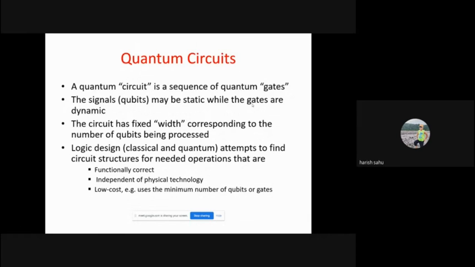Next at time t2 I can apply the same frequency on some other qubit. In case of classical, these AND circuits are fixed or static. In case of quantum, these gates are basically dynamic. So it's kind of a pulse wave with certain frequencies. So we can apply it on one qubit and on another qubit.